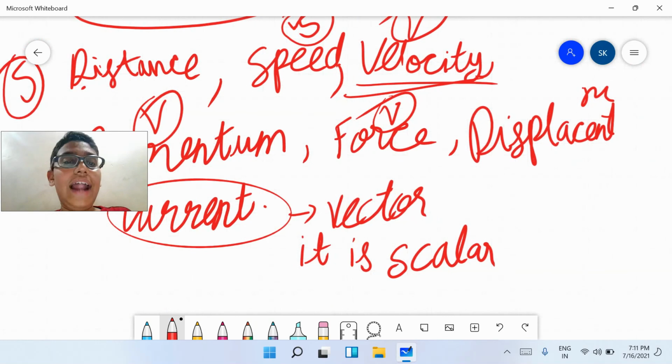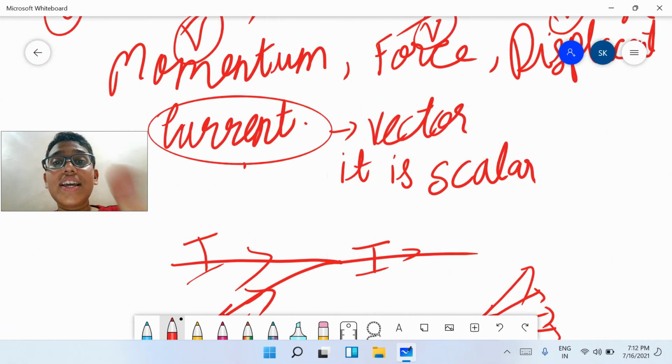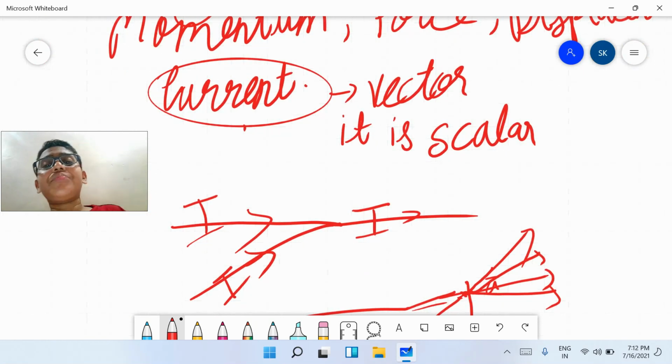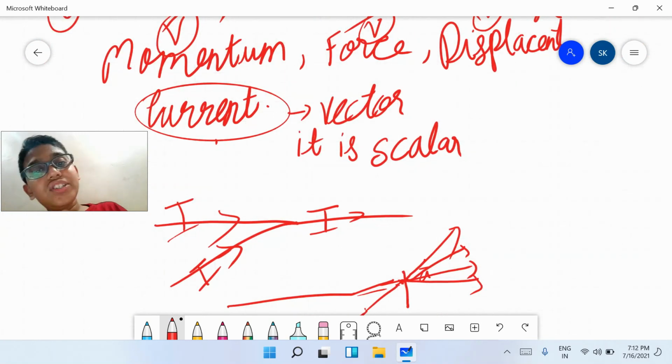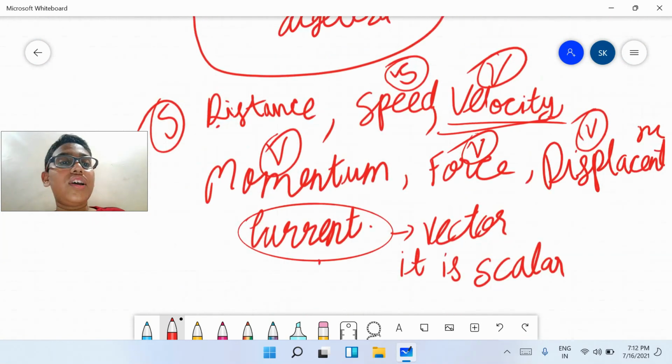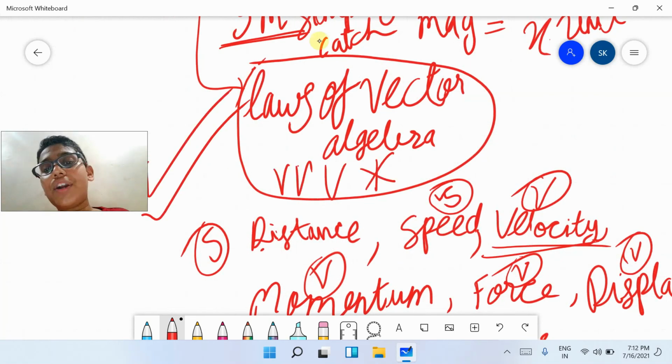Displacement, I told you in the example, is a vector because it specifies the direction also. And current has a direction, like in our electricity topic we say that current flows from positive to negative. Yes, we say that, it has a direction, but it is not a vector because it does not follow the laws of vector algebra. They are very, very important. Okay,